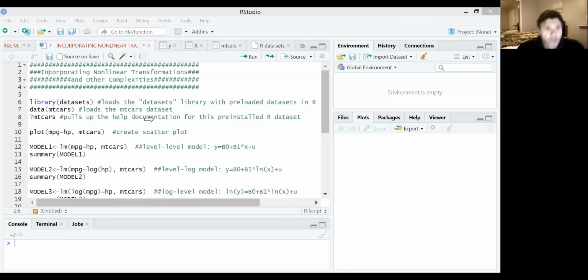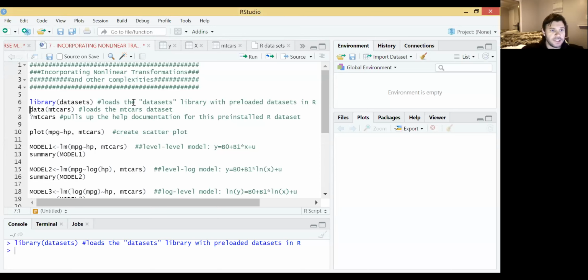Hi, everyone. We are back for another segment discussing how to apply R in our regression framework here. We're going to build more or less on some of the work that we had talked about in a prior video. So I'm going to go ahead and load up the datasets library, and we're going to use this mtcars dataset